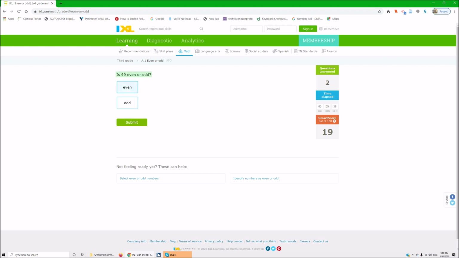Okay, up arrow again. And remember, let's just say you are not using a screen capture, so up arrow, down arrow. Navigation region end. Okay, and down arrow. Is 49 even or odd? Okay, so is 49 even or odd? We know that is odd, so you're going to hit the letter A twice, and once again, it will read